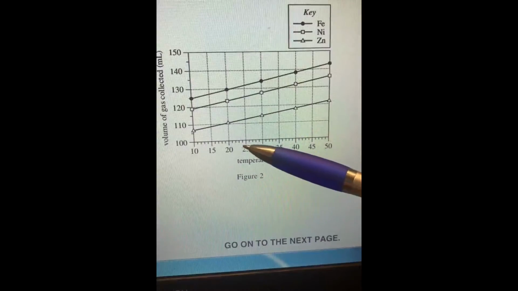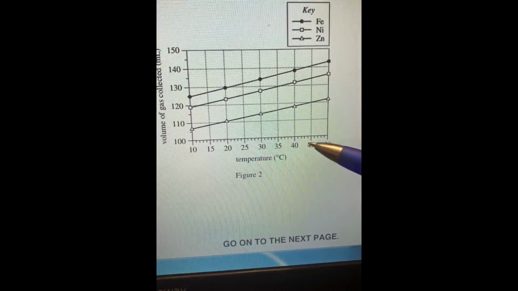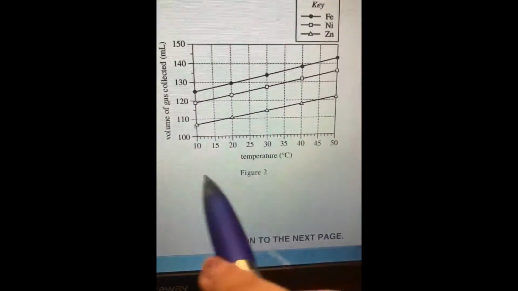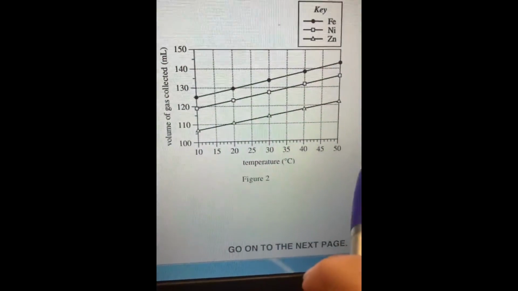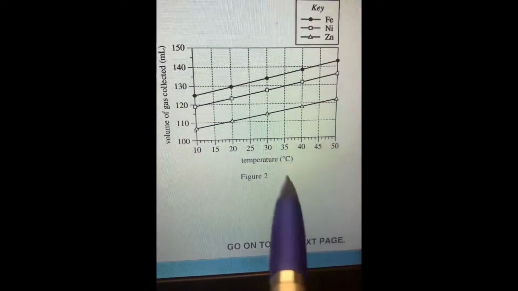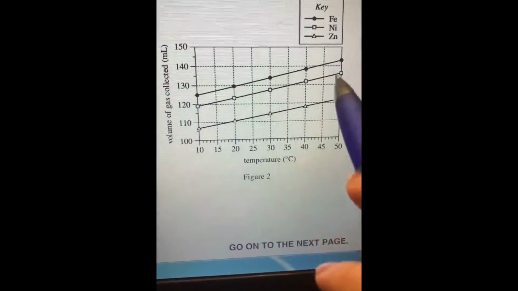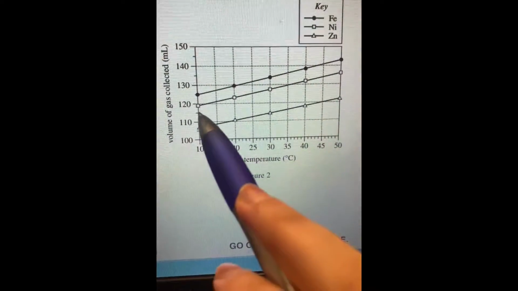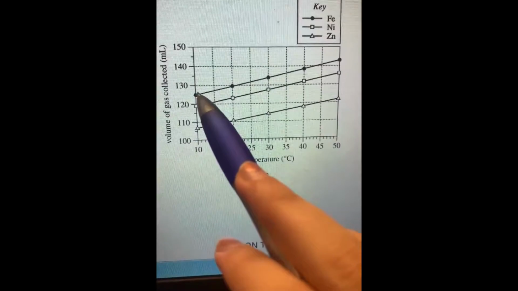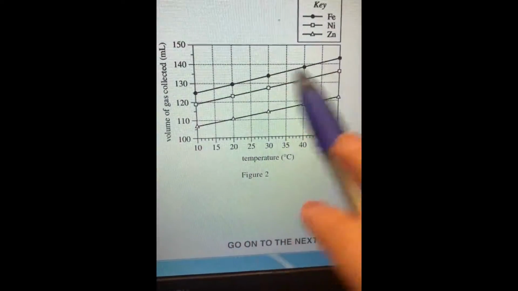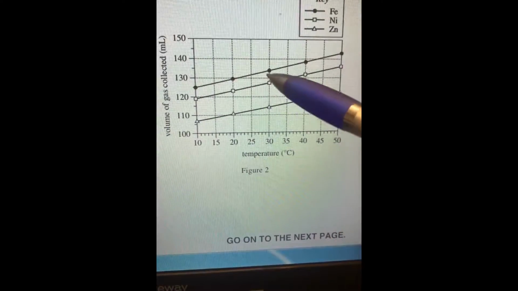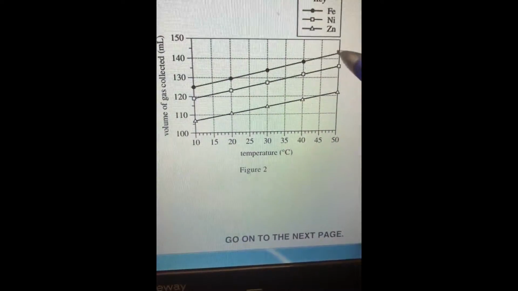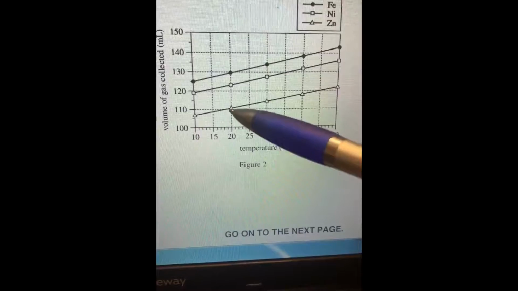I'm not gonna go 1, 2, 3, 4, 5, 6, 7, 8, 9. I'm not gonna look at how many the measurings are. If I'm trying to find how many temperatures they tested, I'm gonna look at how many dots there are on the graph. So I see 1, 2, 3, 4, 5. So they tested at 5 temperatures,